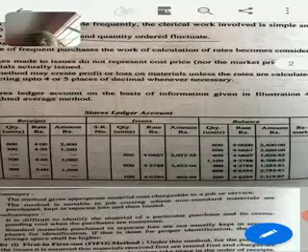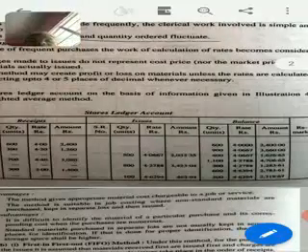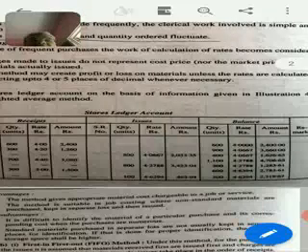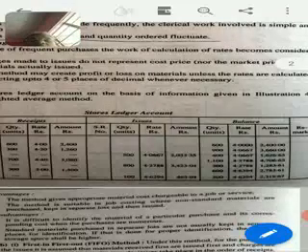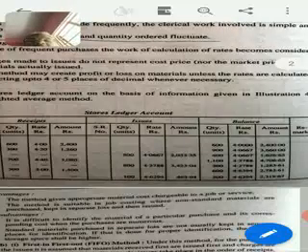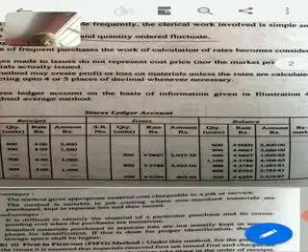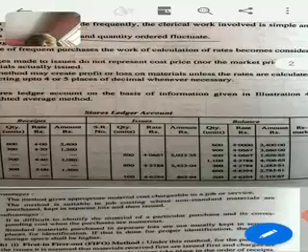in this way we need to compute the rate, as well as the rate for issue, as well as the balancing figure. The key point is that we need to take into account the balance and the receipt. The receipt will be added with the balance, and the amount will be divided by the quantity to get the rate, and the issue will be made at the rate just before the issue.